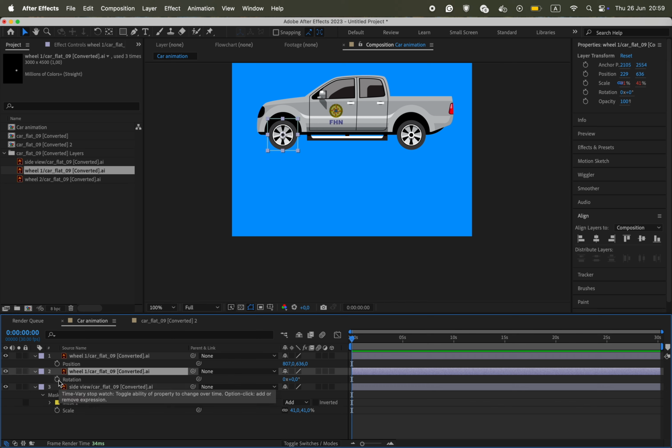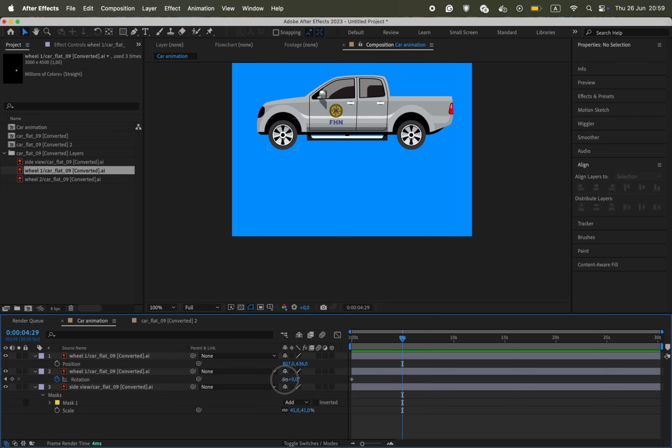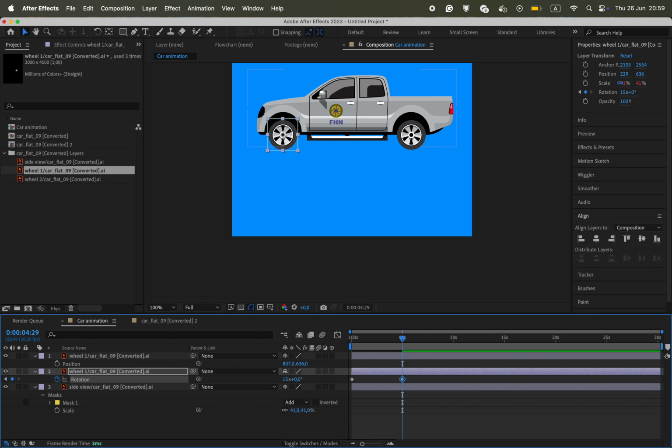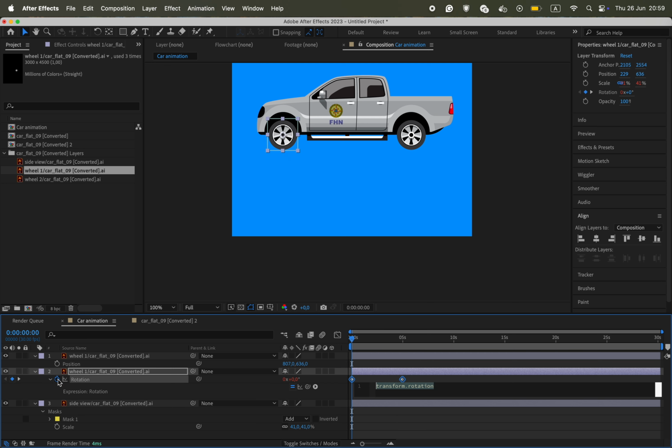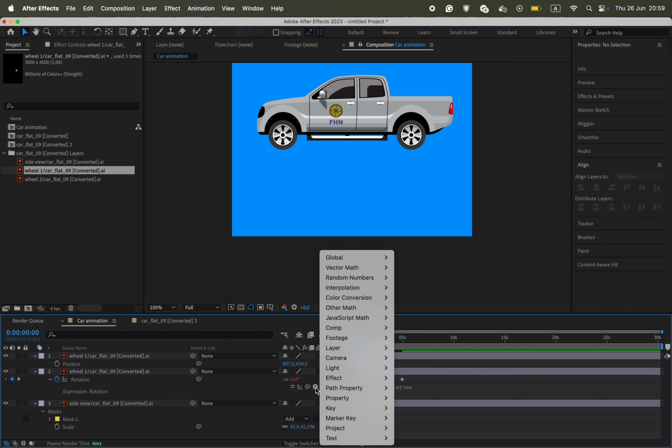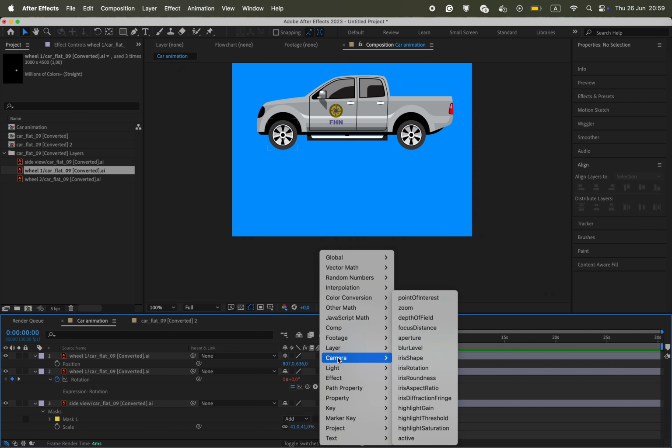Now, let's animate the wheels. Select a wheel layer and add a rotation animation. For example, over the course of 5 seconds, you can rotate it 15 full circles to simulate the motion of driving. Then, loop the animation using an expression like